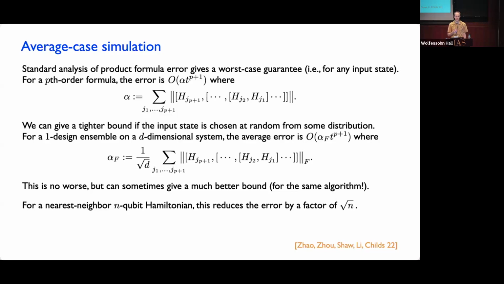Yeah, but now something you might worry about is, well, is there a setting where we're actually going to care about the state being chosen at random? I mean, probably if we're doing simulations of physics, simulating some material, we're maybe not interested in what happens if we take a random initial state. We have some natural initial state that we want to consider, and we would actually like the cost of the simulation to be low for that particular initial state.